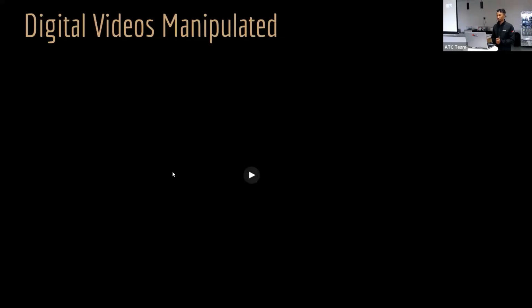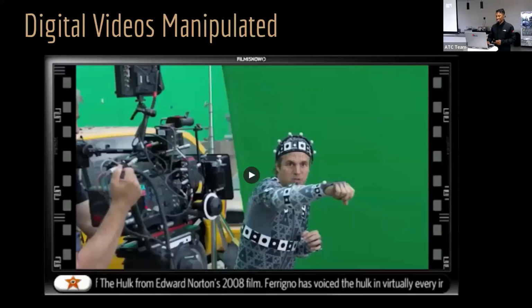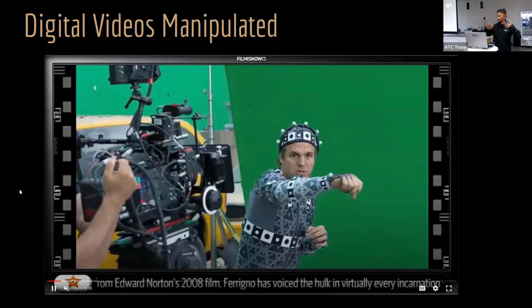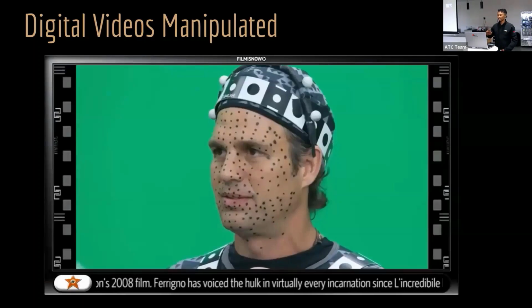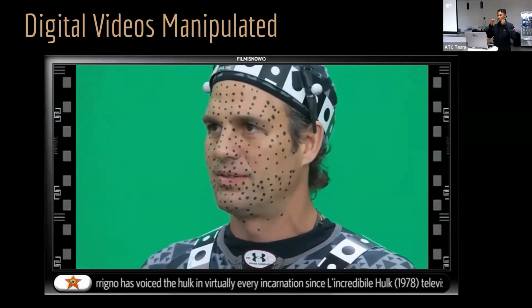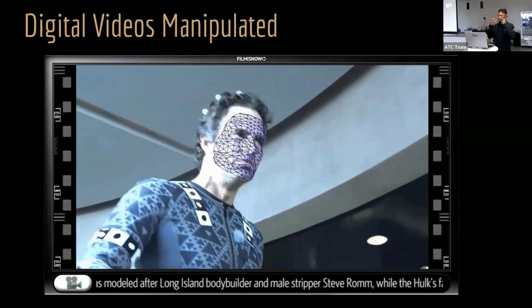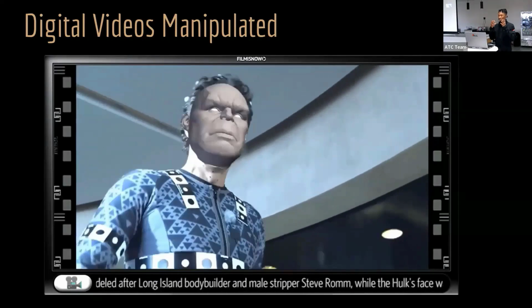And then for digital video mappings, I just have a making of the Hulk movie, where it shows you what they had to go through. The character playing Hulk had to wear different suits, and they had to manually draw dots so that they could map his facial expressions.